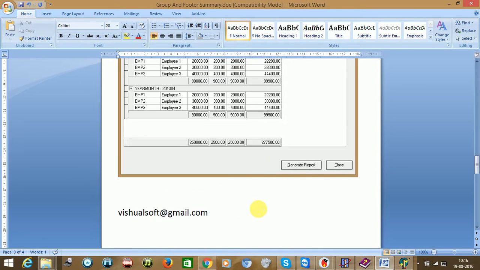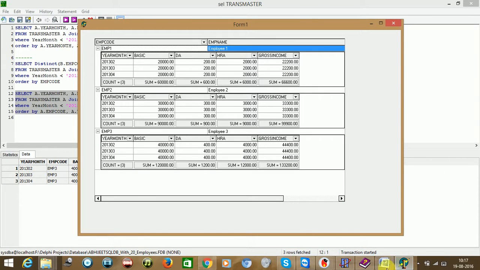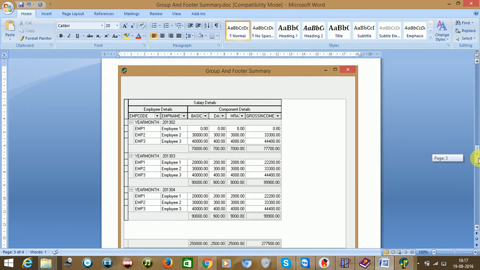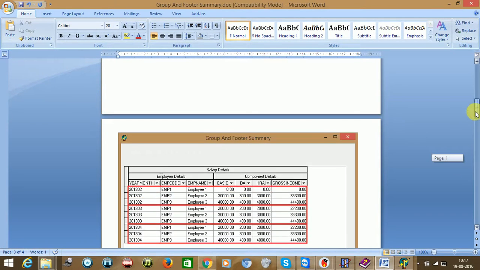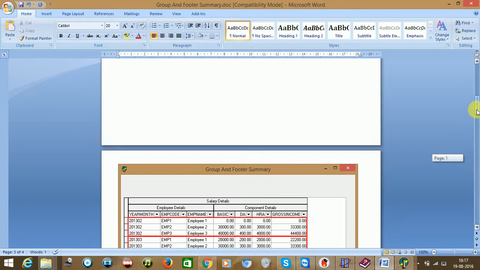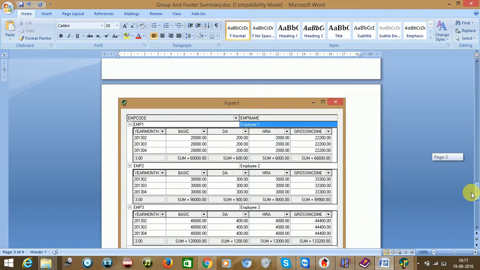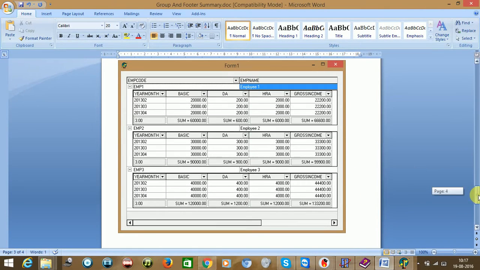I hope you would have enjoyed this session. We have taken two projects here and shown you how to do a footer summary as well as a group summary using one view, group summary like this. If you see, this is using one view, and another footer summary we did using two views. That was very crucial to do. So that's the reason I have taken another example.